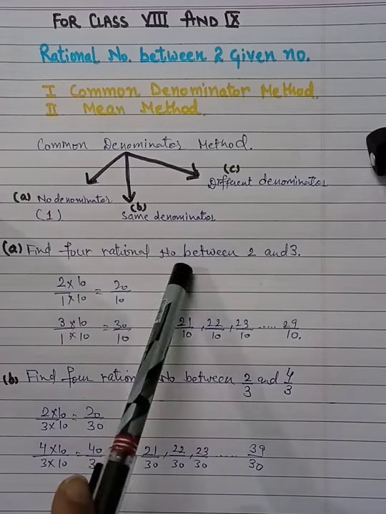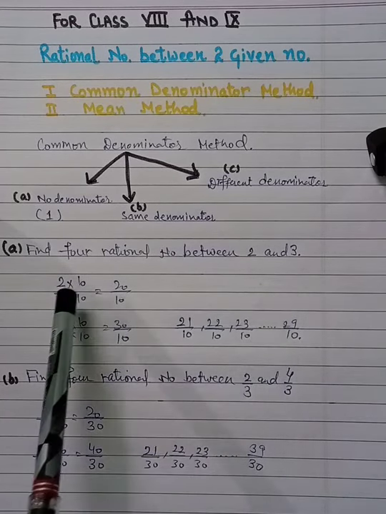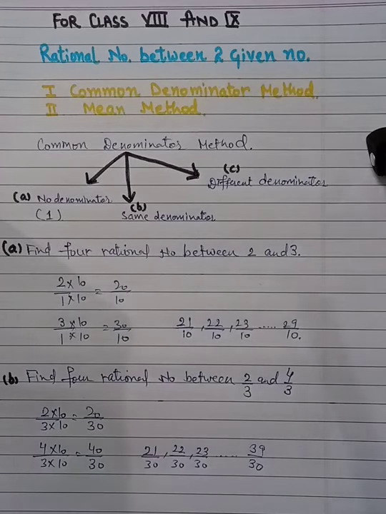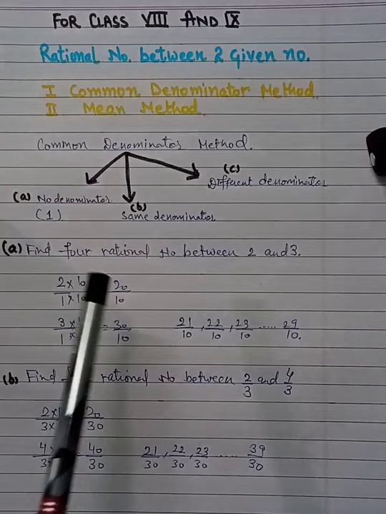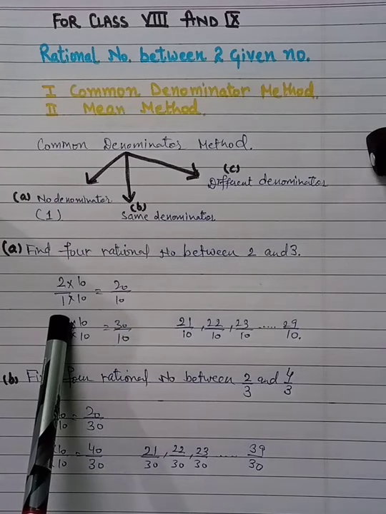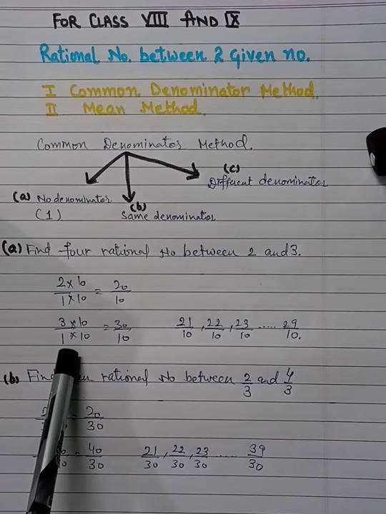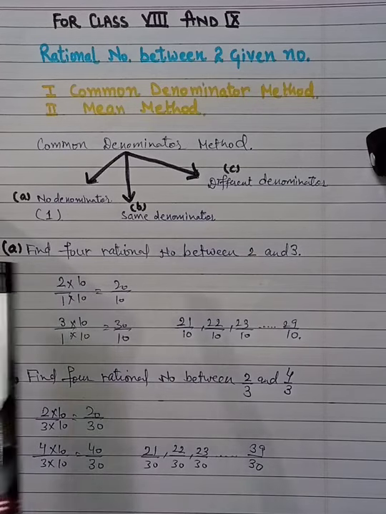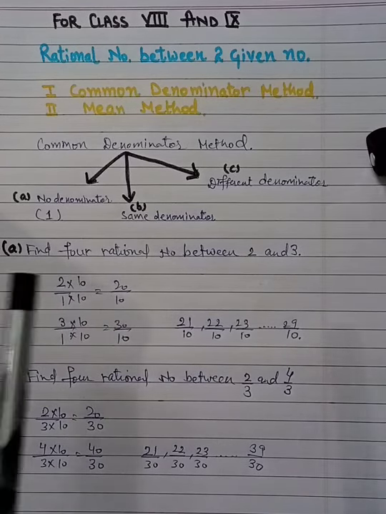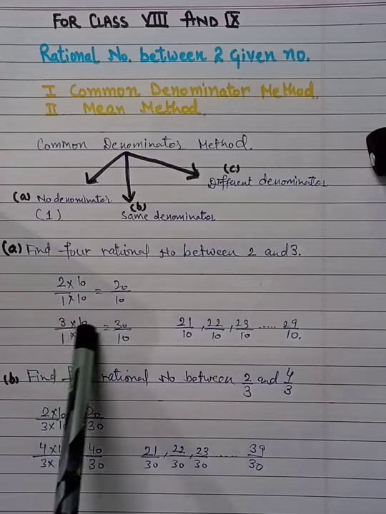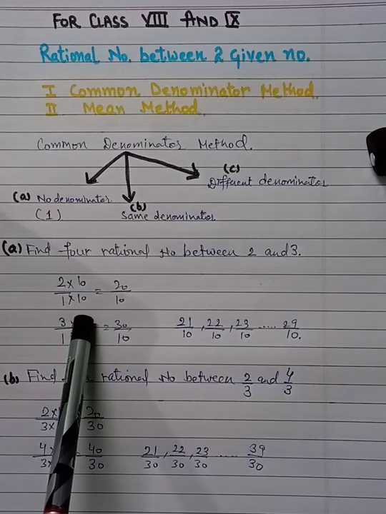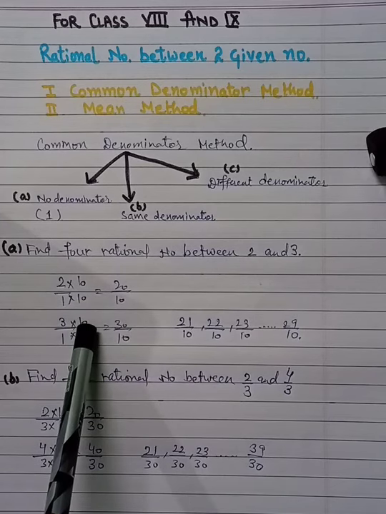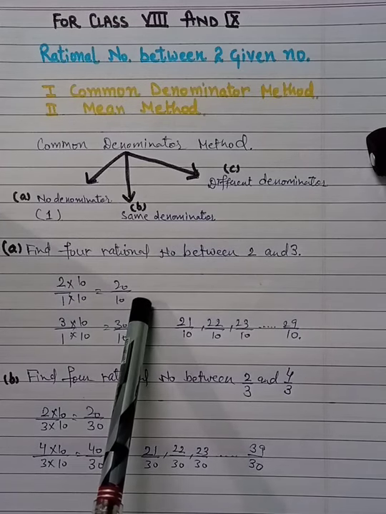Find four rational numbers between 2 and 3. As we know that both are having the denominator 1, so no need to do anything else. You just put denominator 1 in both the cases and multiply directly with 10 only. Don't multiply with any other number because the calculation is easy and it will give you the answer most of the time. So we will multiply 10 in numerator as well as in denominator and we get 20 upon 10